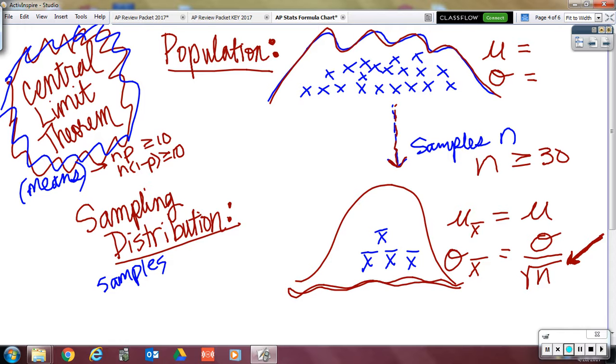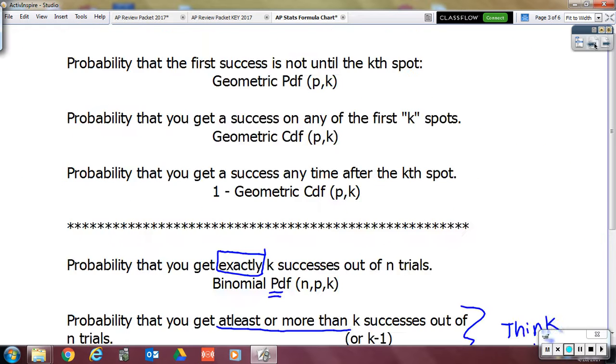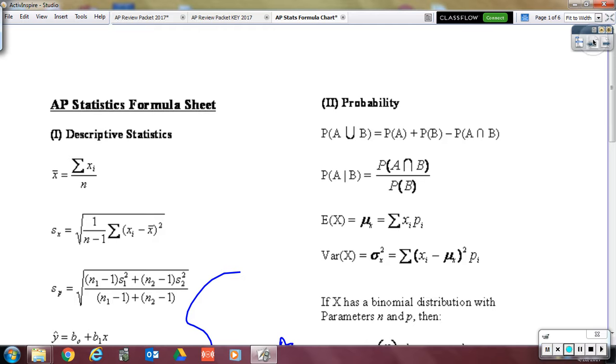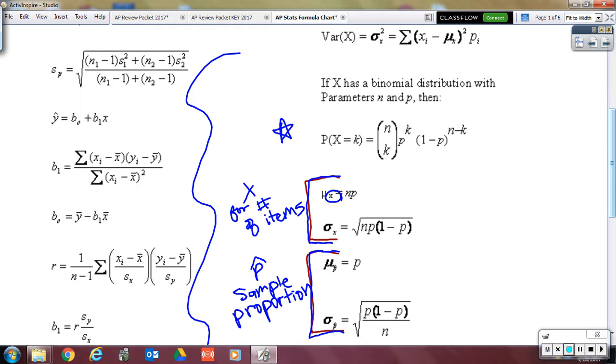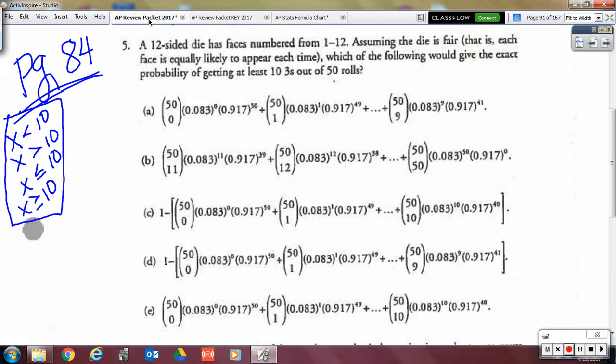Okay. Now, last thing before we go on and I let you start doing your work, where I walk around and help you: I want us to have a little discussion about this binomial stuff, binomial PDF, binomial CDF, and such. I want to do that by looking at problem 5 on page 84. So turn on over. If you were here yesterday, we did this problem, but it doesn't hurt to look at it. This is just an excellent problem